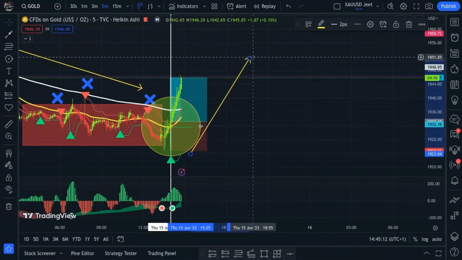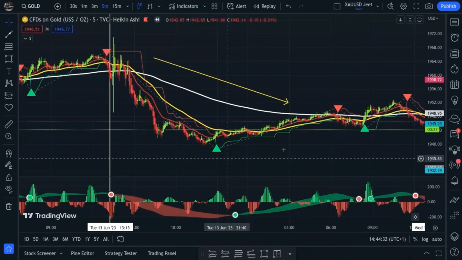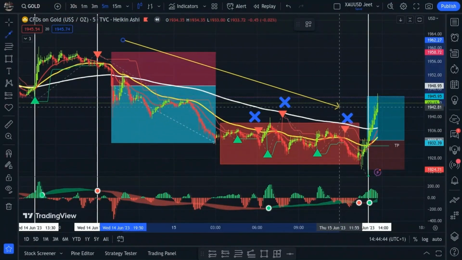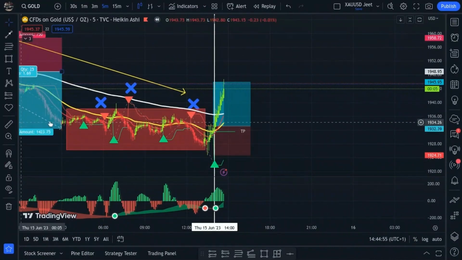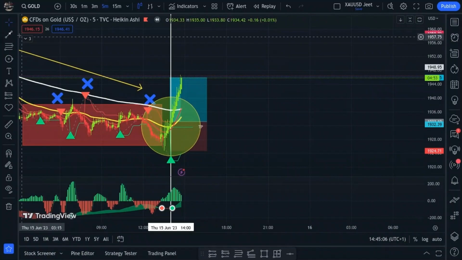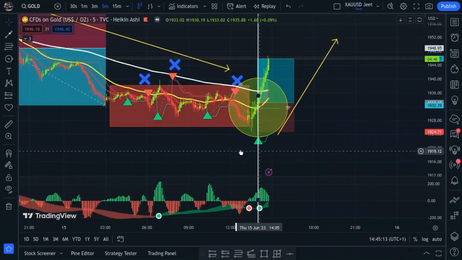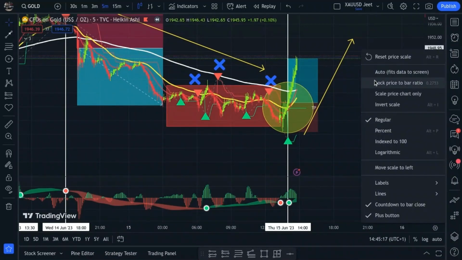Now let's understand how to use these EMA indicators. A bearish trend crossover occurs when the EMA 20 and 50 move below the EMA 200. This event indicates a potential shift from bullish to bearish market sentiment. A bullish crossover occurs when the EMA 20 and 50 move above the EMA 200.